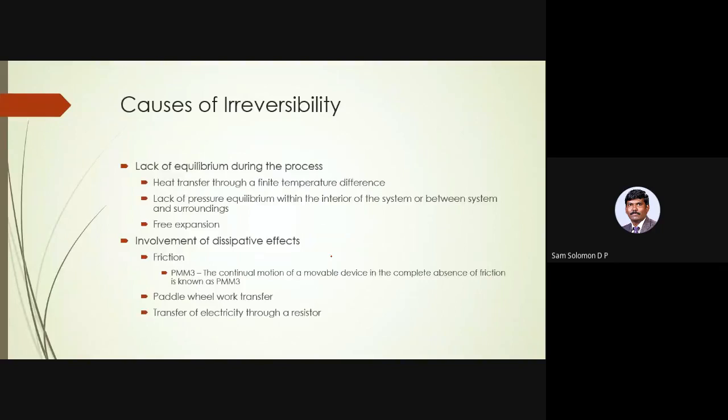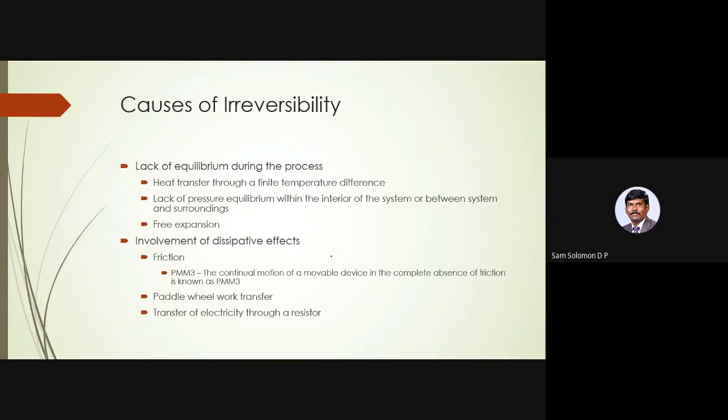Okay. The other part of the third unit is irreversibility. So we have already seen what a reversible process is. A process is said to be reversible only when the system and the surroundings are brought back to their initial state, to their original state. Or to say it another way, there should not be any change in the universe. When I say the universe, it constitutes both the system and the surroundings. So if the universe does not see any change, then that is what is called a reversible process.